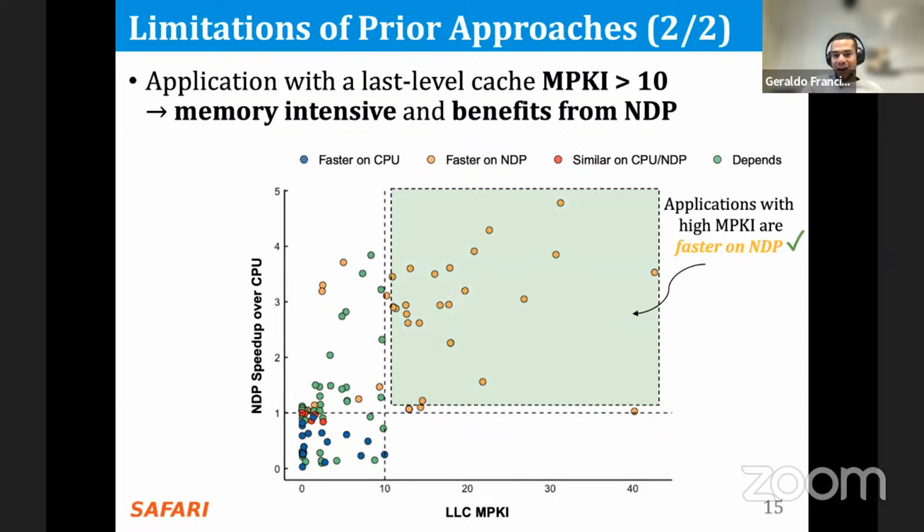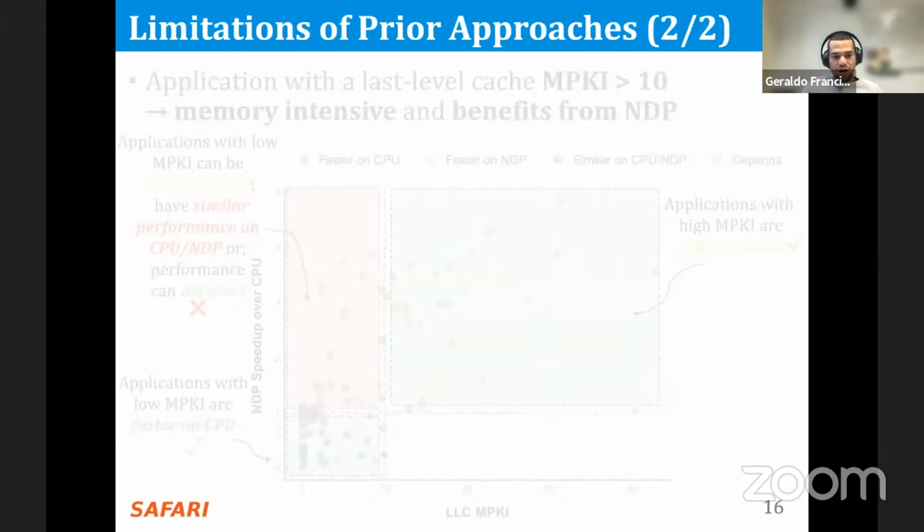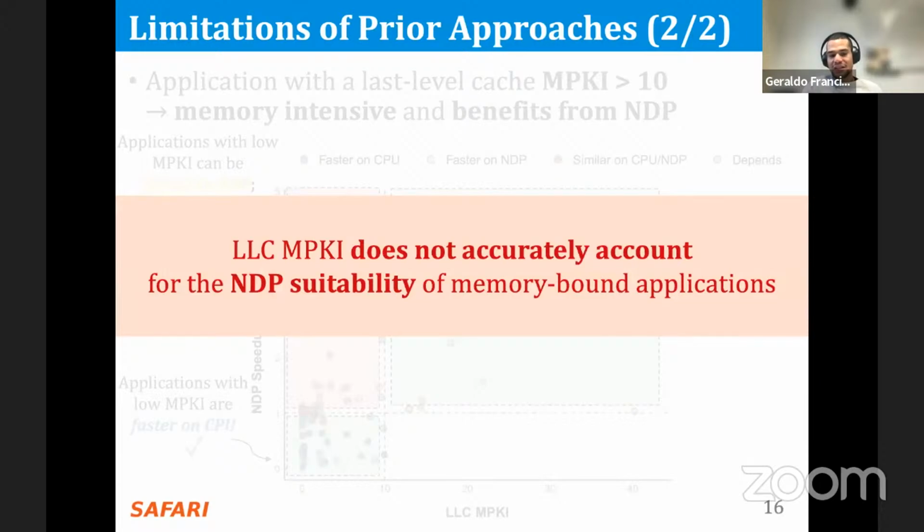First, applications with high MPKI do benefit from data processing, as prior works have shown. Also, applications with low MPKI are faster on the CPU system. However, we see that there is another group of applications with low MPKI that can either be faster on an NDP system, have similar performance on the CPU or NDP system, or have performance that depends on system configurations. Therefore, we also conclude that last level cache misses per kilo instructions cannot currently account for the NDP suitability